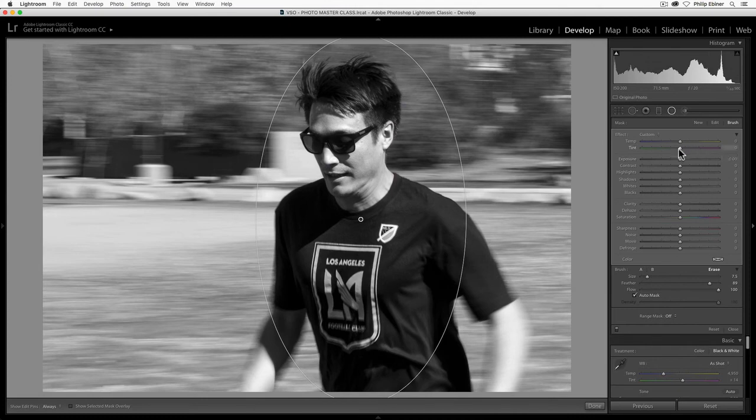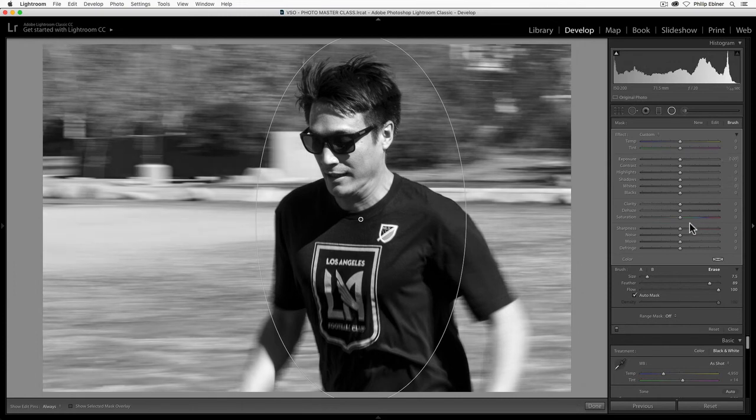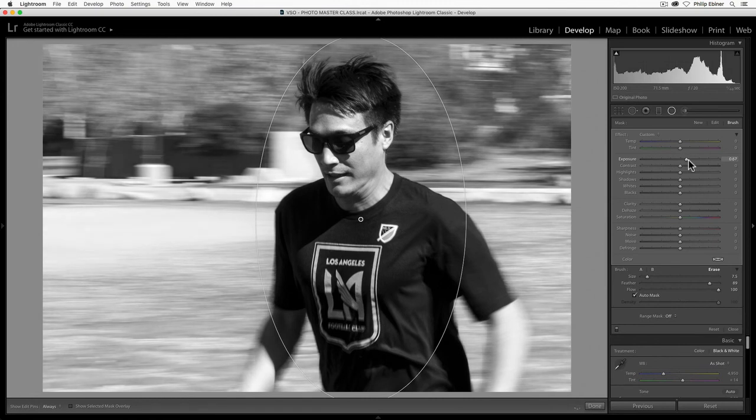So now I'm going to adjust the exposure. I'm just going to take the overall exposure and increase it. See how when I do that, Sam starts to sort of pop out from the background a bit more? I'm going to undo that and then just see what bringing up the shadows does. Sometimes bringing up the overall exposure starts to look a little unnatural. And so I'll then move to just affecting the shadows. Both kind of work well. I think bringing up the overall exposure just a little bit works. And then let's bring up the shadows as well.